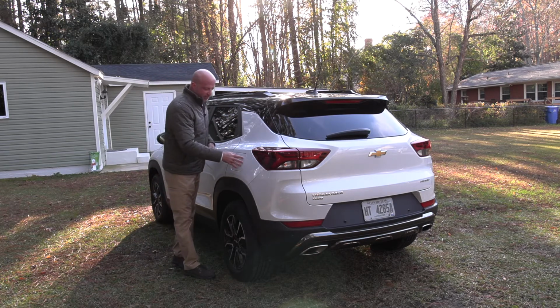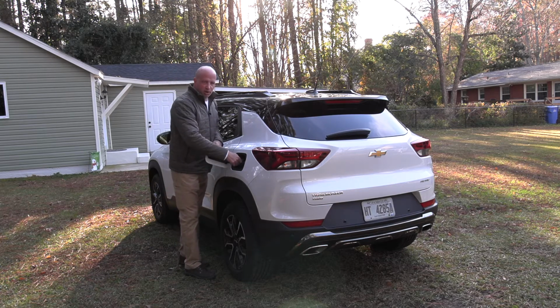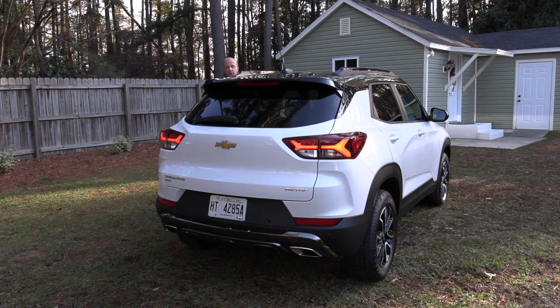Lastly, security at the fill-up area. Not going to be found here on the Trailblazer. Also old school when it comes to the cap system. With the scaled down approach to the